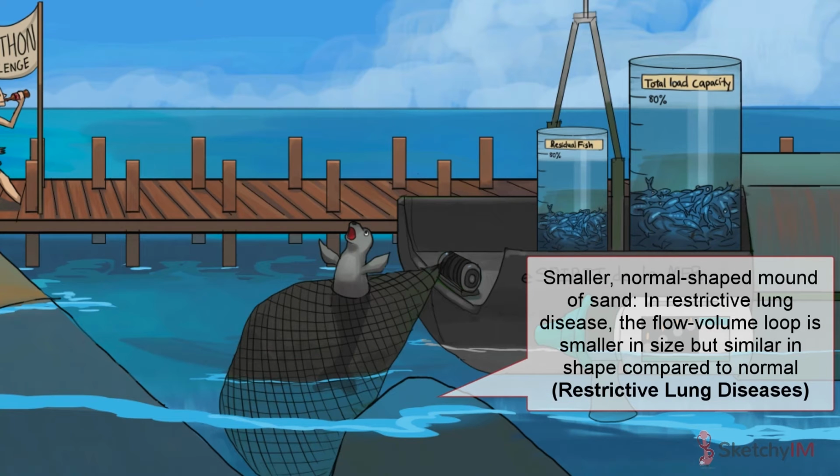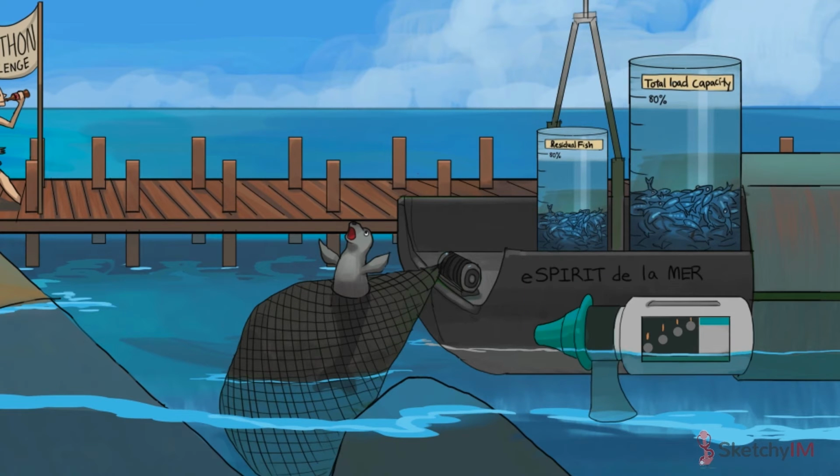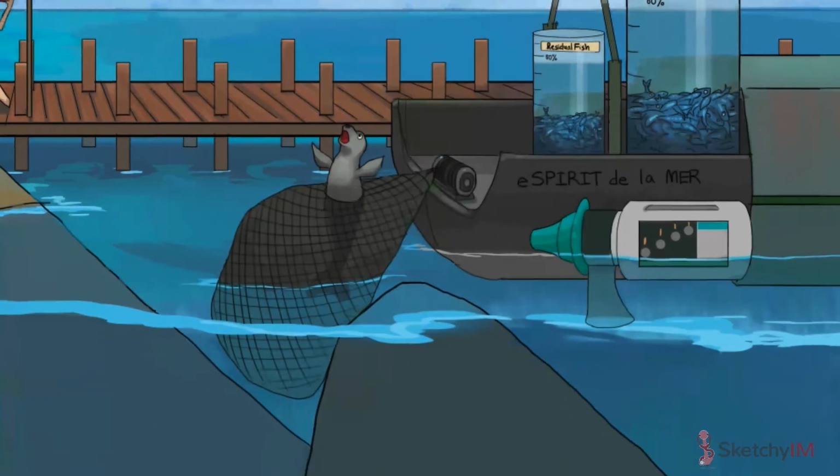The end result of these reduced lung volumes and flow rates produces a characteristic flow volume loop that's shaped much like a normal one, only much smaller in size. That's why this mound of sand is a lot shorter, but not scooped, compared to our obstructive lung disease sand pile. Let's do a lightning roundup of the major types of restrictive lung disease, starting with the biggie, interstitial lung